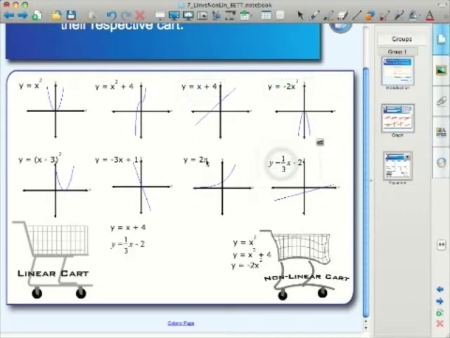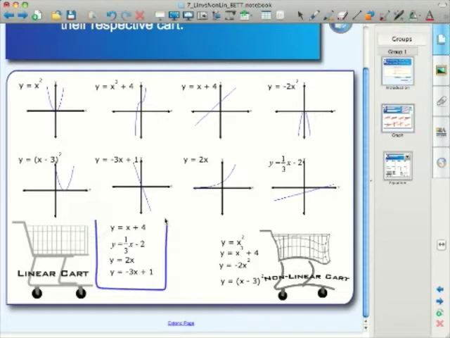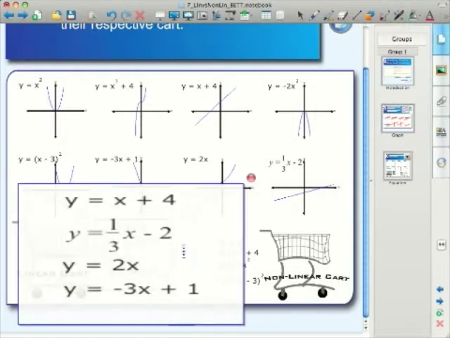And the nice thing about this one, and I'm going to show you how I make use of another feature of Notebook to help students understand the difference between linears and nonlinears. So a couple of things you could do actually, is you can use the magic pen and draw a rectangle. And what this will do is create a magnifier, so now you can help focus students' attention on those groups